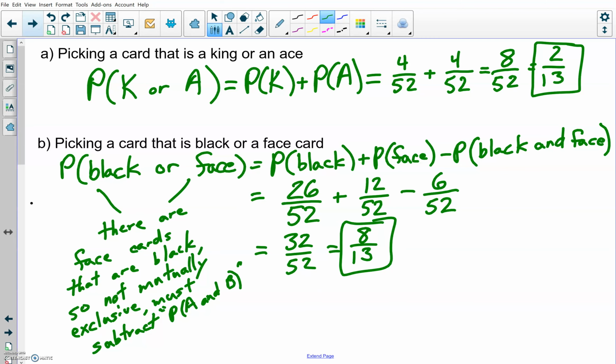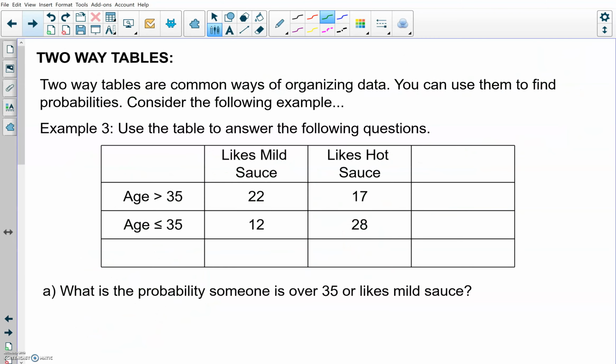So let's take a look at this concept in a two-way table, brought into this new way of looking at the information. There are a lot of common ways of organizing data out there. One of them is the two-way table. In a two-way table, you've got a row here that has some information, you've got a column here that has some information, and then you have numbers that indicate that in this particular table there's age over 35,